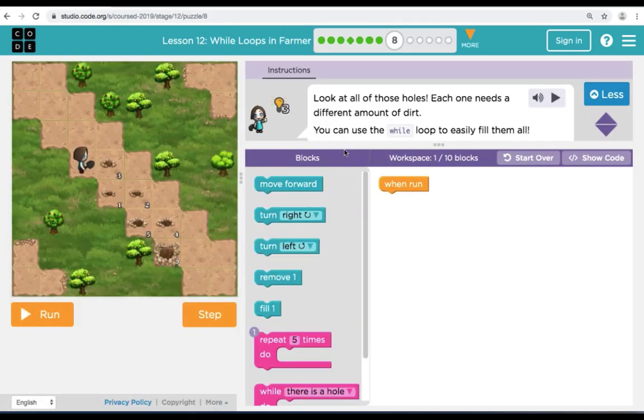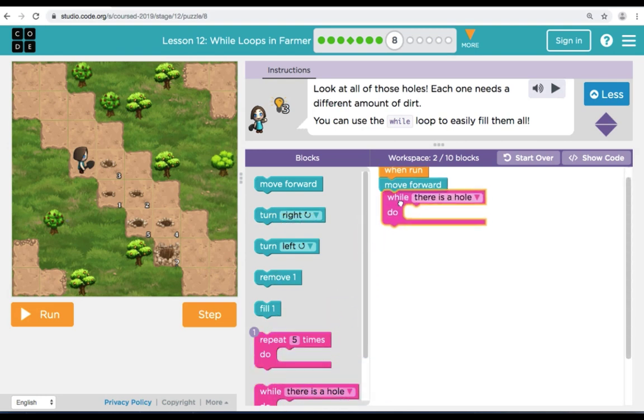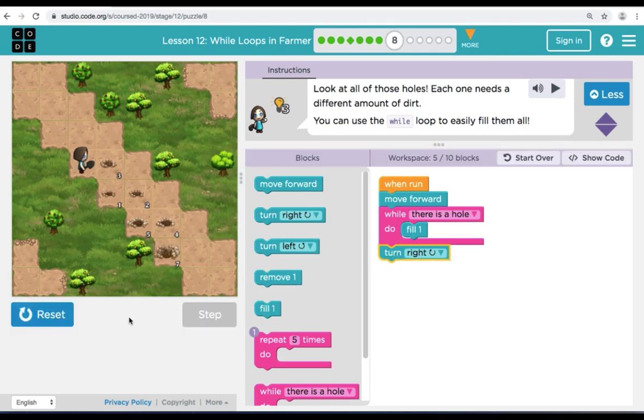Here in puzzle 8, we have a different pattern. Our instructions are asking us to use a while loop to fill up all of the dirt holes. To start our program, we're going to bring over a move forward. Now that we have a first dirt hole, we're going to bring over a while loop. Inside of our while loop, we're going to make sure that we complete it with a fill command. The next thing we're going to do is we're going to bring over a turn right. After we fill the first hole, the farmer must turn that way. When we click run,